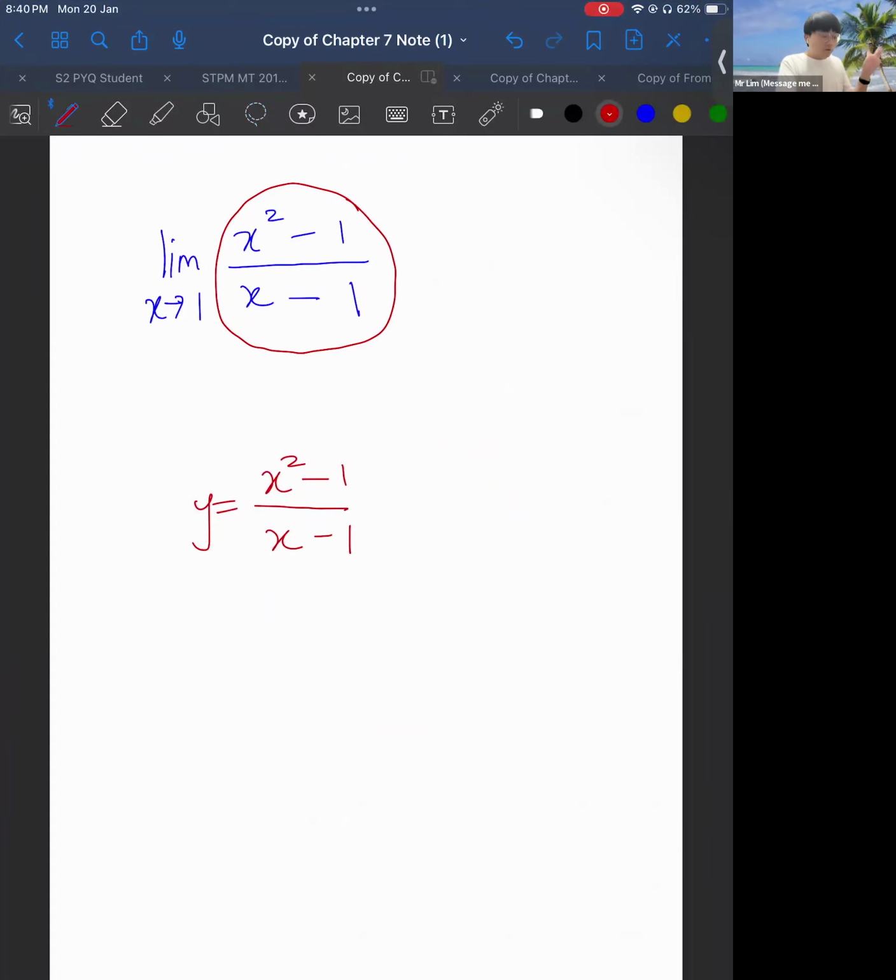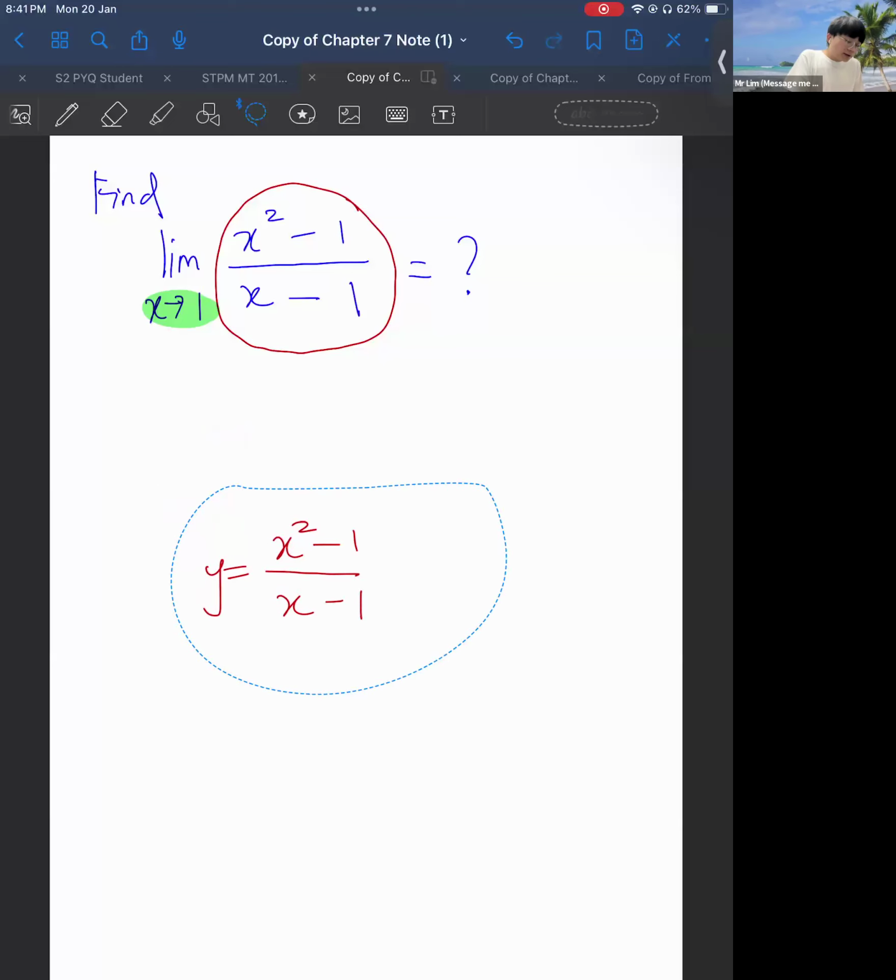Okay, the meaning of finding a limit is actually this. In your exam, let's say I give you a question like this. I ask you to find the limit. So you need to tell me what this is equal to. This is a number. Using a graph to explain, if you plot the graph of x squared minus 1 over x minus 1, what is the value when x approaches 1? This is the meaning. We always write x with an arrow to a number. It means that